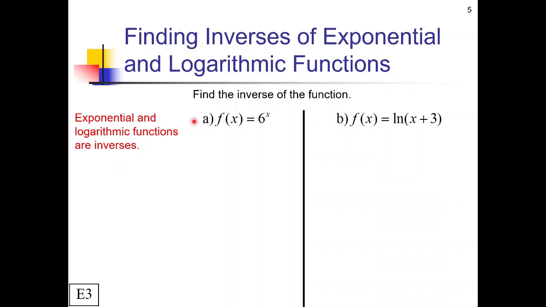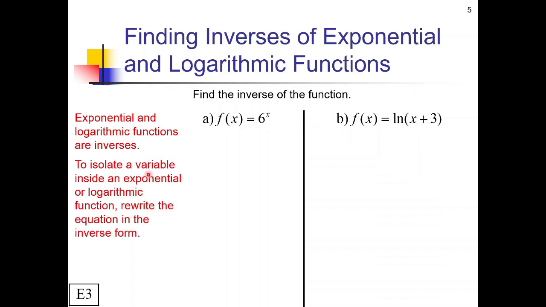So in order to find the inverse, that means we basically just need to change forms at some point. Now this is going to be necessary for other reasons as well. Remember, when you're finding an inverse, you're swapping the x and the y and then solving for the y value. Once you do that, you're going to notice you have a y stuck either in an exponential function or in a logarithmic function. To isolate a variable that's inside one of those two types of functions, rewriting the equation in whatever the inverse form was is going to actually get that variable out of whatever function you were trying to bust it out of. So with that in mind, pause the video and see if you can find the inverses